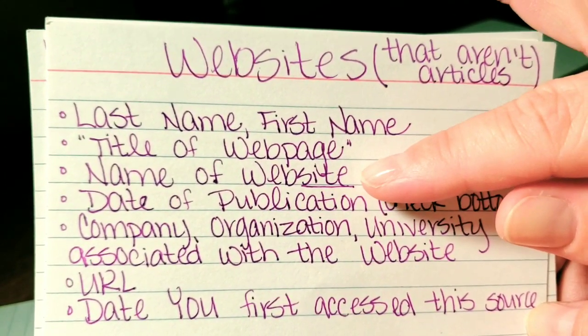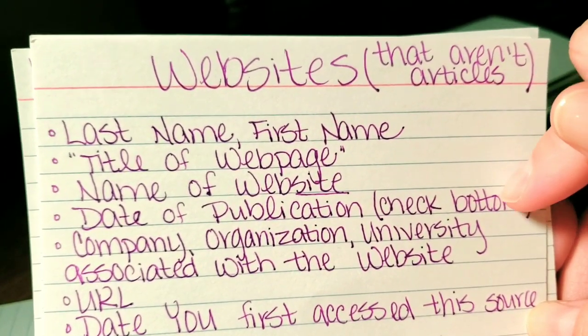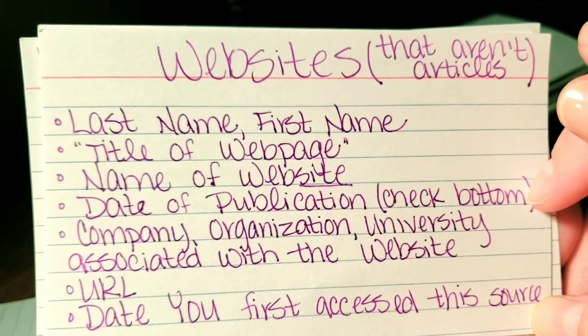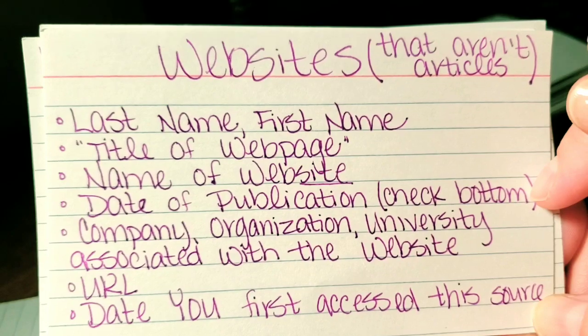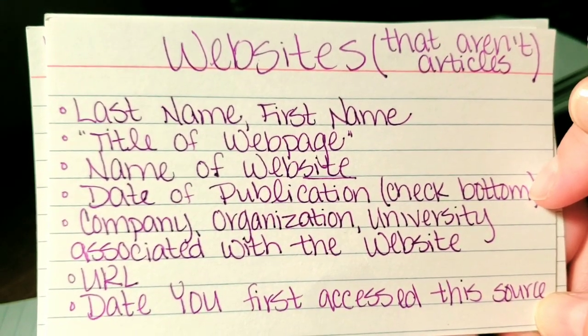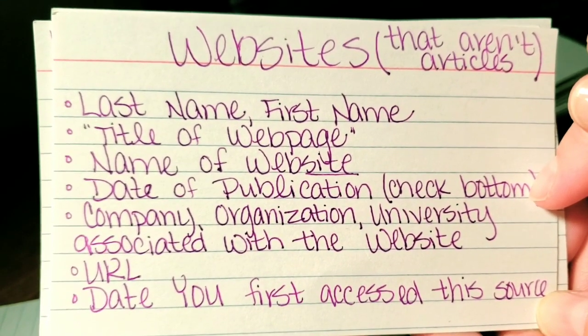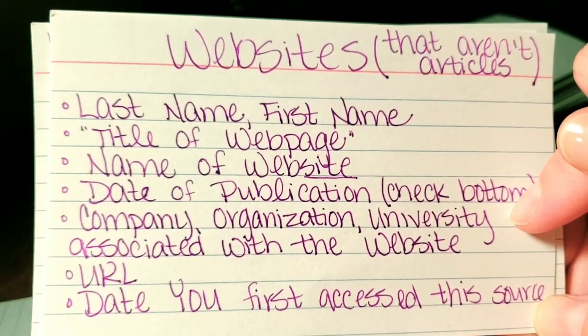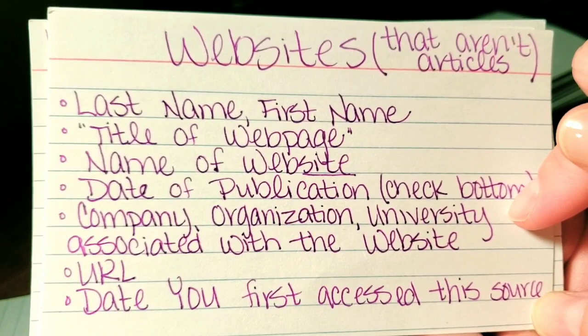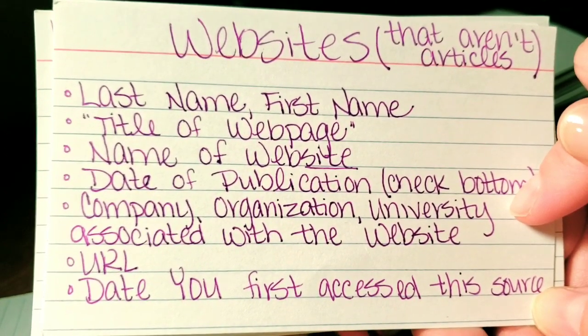The name of the website, the date of the publication, and often on a website, as it says here, it'll be at the very bottom. Sometimes you'll get an exact day, maybe it was the last day it was updated, but oftentimes it's really just the year that it was published or updated. Then you need to make sure that you put down the company, organization, or university associated with that